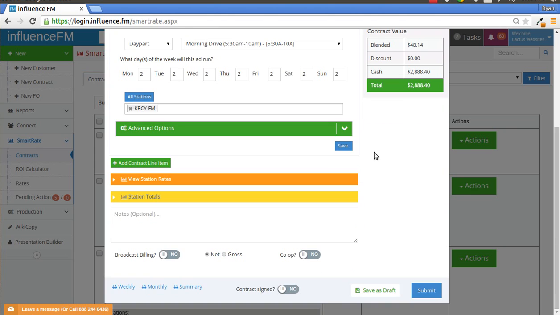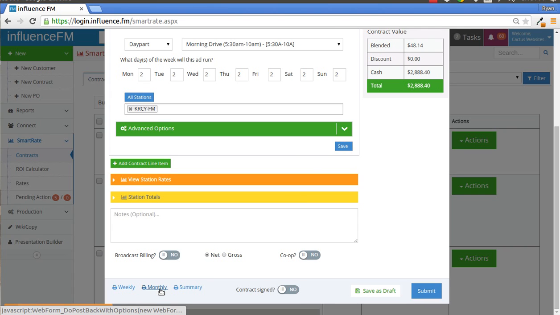So I can go and print off this contract so I have this to show to the client. So I can say I want to print off a weekly, a monthly, or a summary. We have the weekly in there, so if you're competing against the newspapers, it's a nice contract to have to show, okay, this is what you're paying per week. But let's go ahead and just do a monthly. We'll click on that,